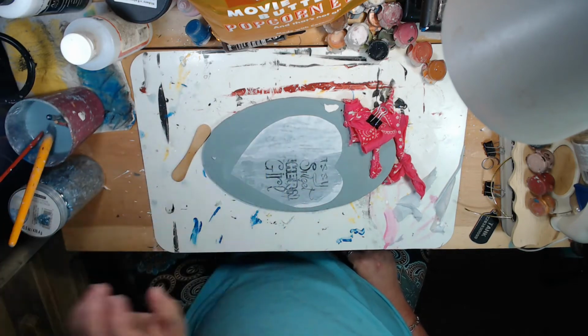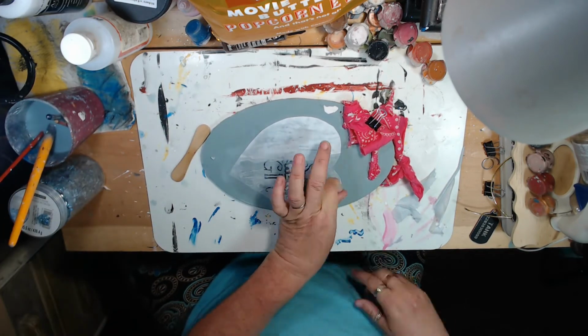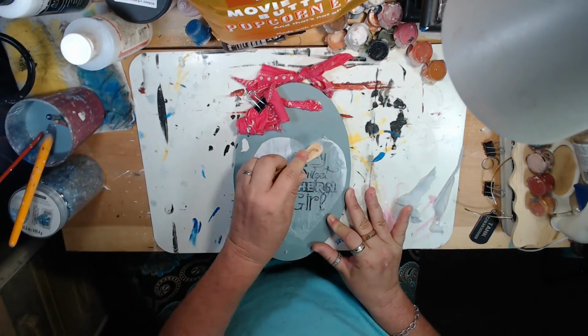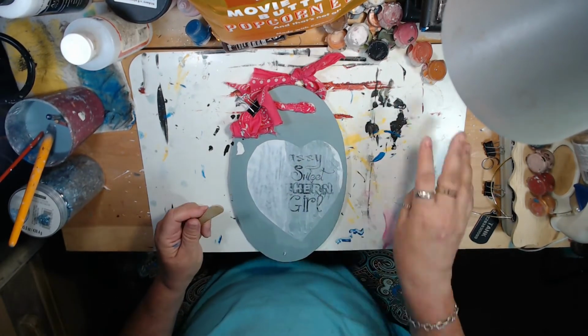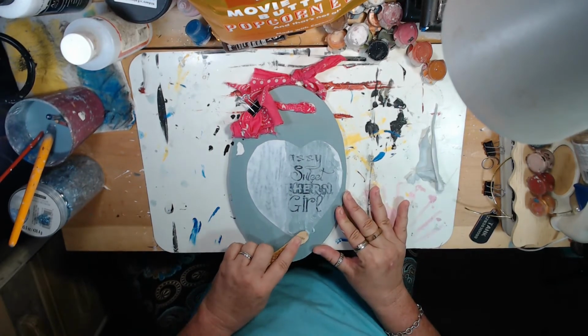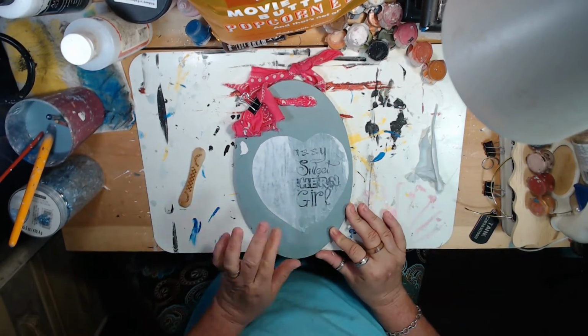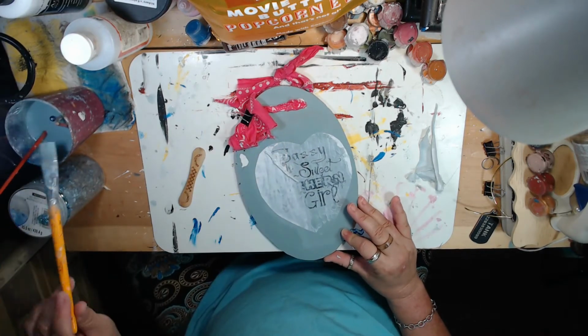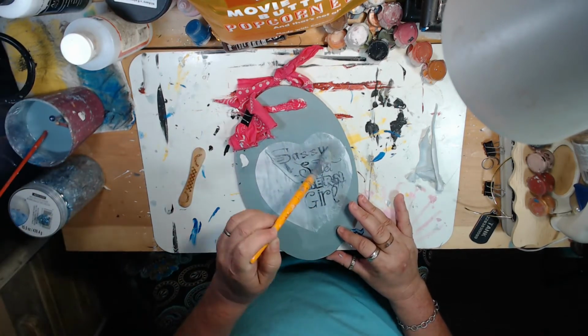I'm going back over it with the wet brush, and that is just plain water. You want to keep it wet. You don't want to get it too dry, because then it'll start to tear a little bit more. And also you may have some tears as you do this, and if you do, wet it down really good, stick it back down,